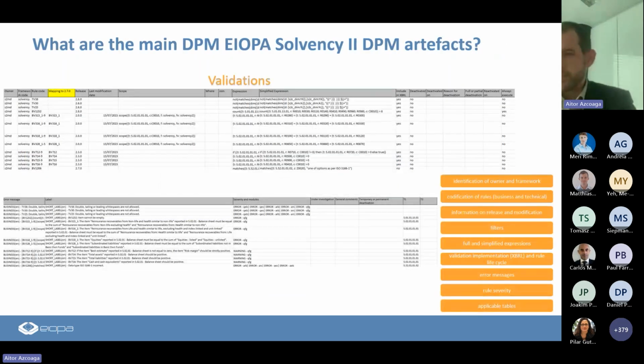And last but not least, we have the validation. We also did some evolution, because before we were using this common system with EBA. Now for a few years we will be, and we'll tackle on the next slides on this, using a little bit different syntax. This is the language that appeared there on the validation expression, and even the columns as well. We changed a little bit how this is packed.